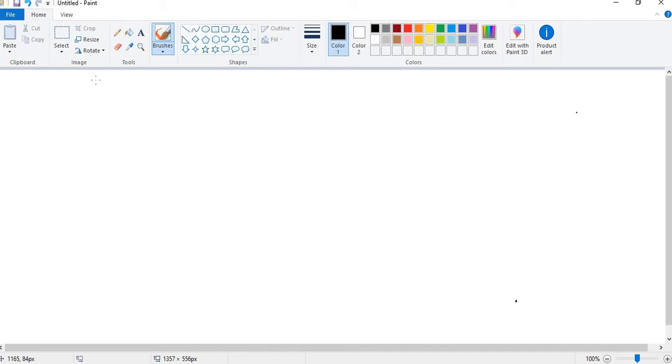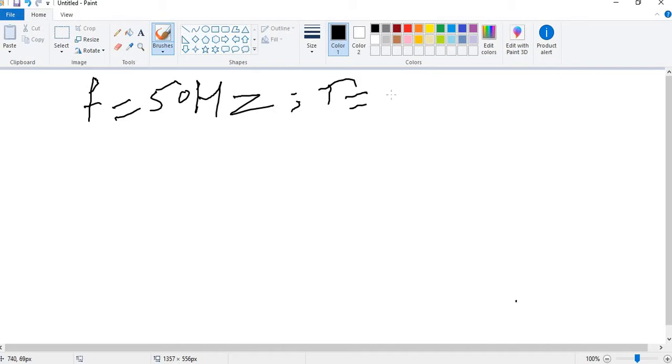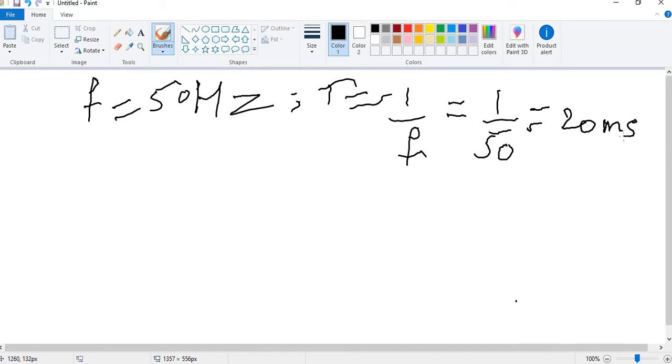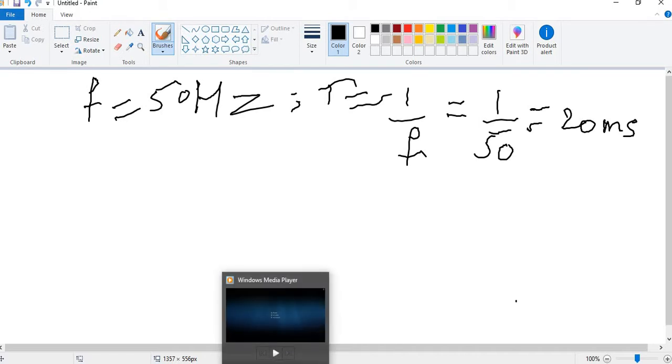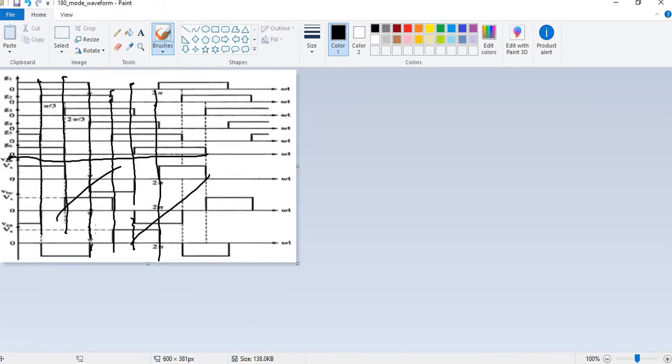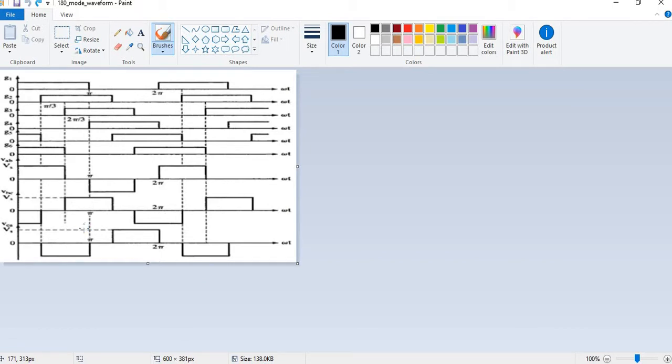So if the frequency is 50 hertz, let us find the time period. T is equal to 1 by f, which is 1 by 50, and it becomes 20 millisecond. It means that 20 millisecond is for this time,